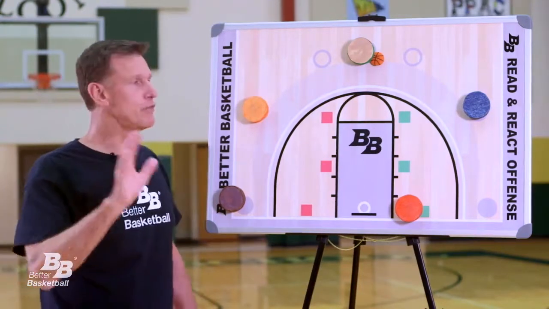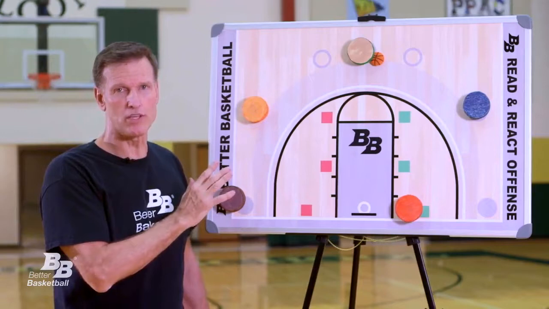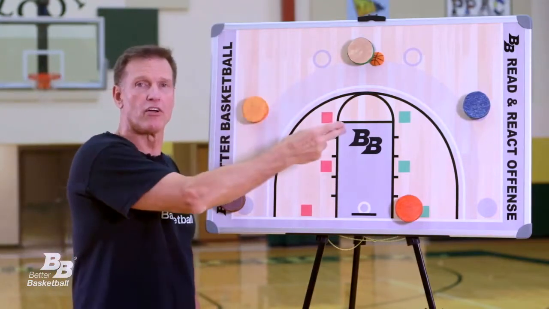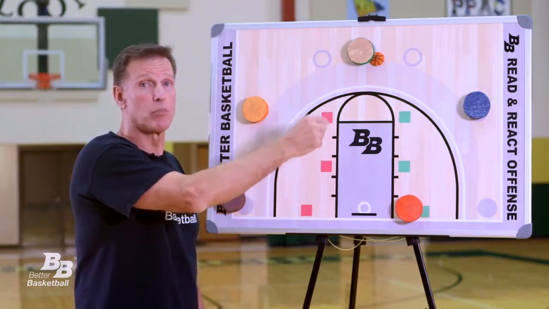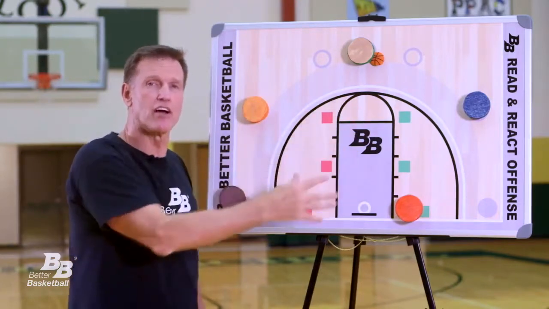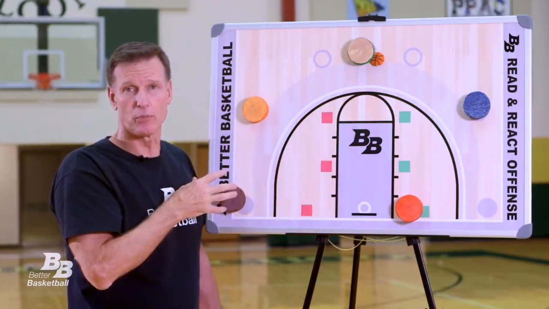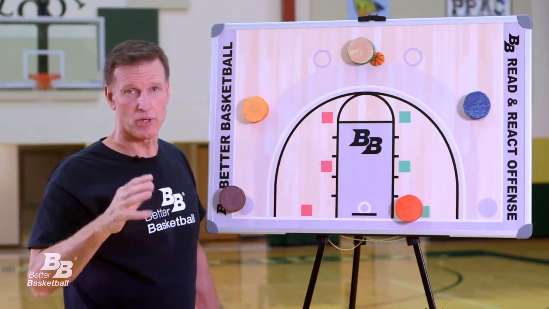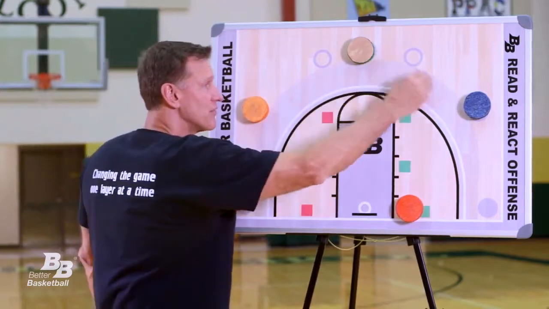So, if you choose this 4 out, 1 in formation, your cutters, the 4 on the perimeter, will fill the nail. If they don't get the ball, and if the ball's not passed to the flank, then they'll fill out to an open spot on the perimeter. This is the most basic action of the first layer of the read and react. Pass, cut,